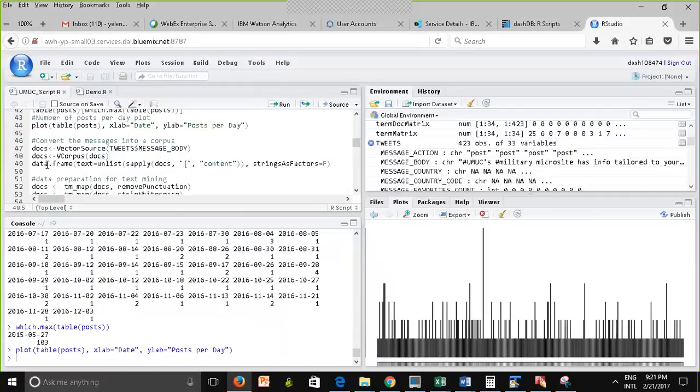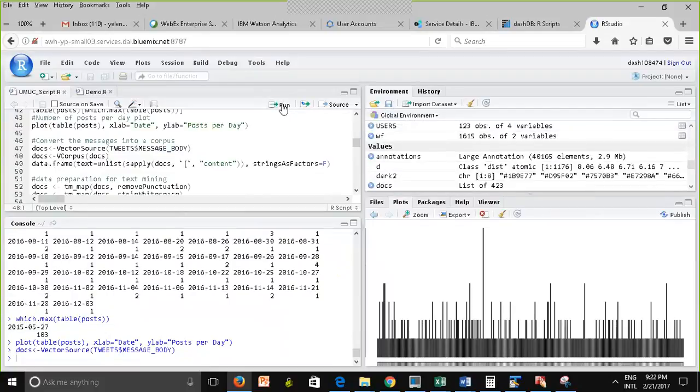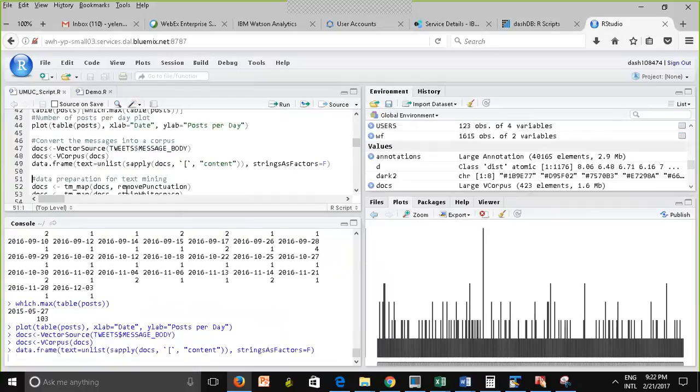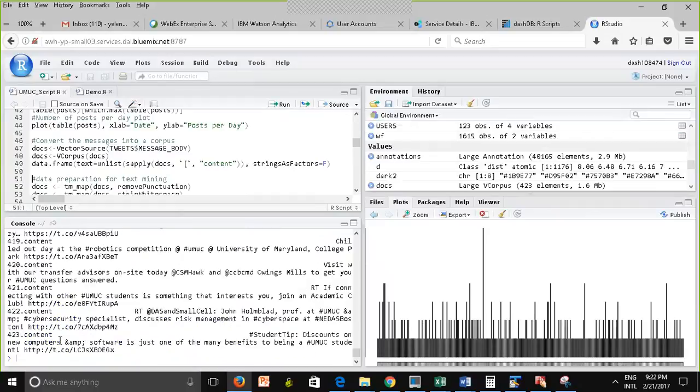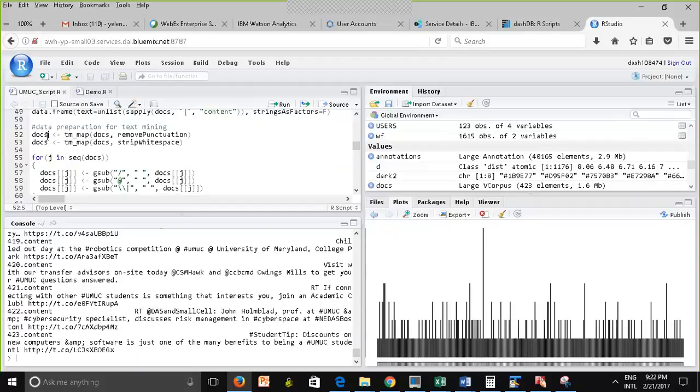And this is another command, right? This is a command to preview. So let's run this. Let's see what happens. Docs. And this is a preview. See this? So that's showing me the content. It created a corpus of 423 documents, right? This is what I did. And now I can do similar analysis to what you were doing in assignment 1, right?